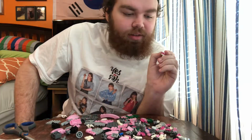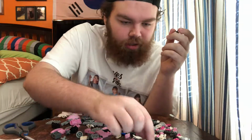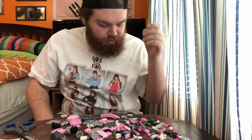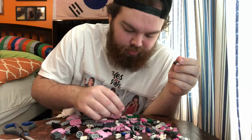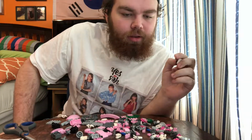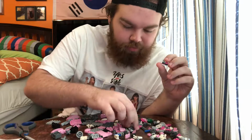So next, we're going to take and get some more little pieces. It's these 1x1 little guys here. They go on top of the pink side. Just fall on the floor, honestly. Fall on the floor, please. So we need another one of those little guys, which we're going to get right here. Alright, they go together. And then we get another pink piece, which will then level the top of that. But then we get this piece,